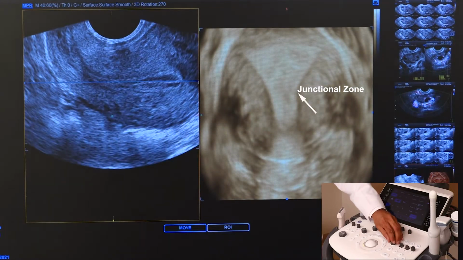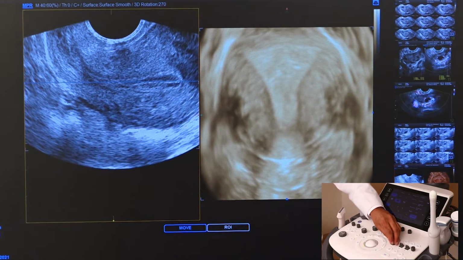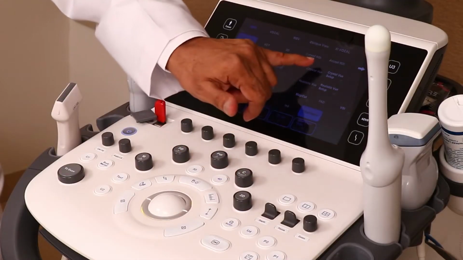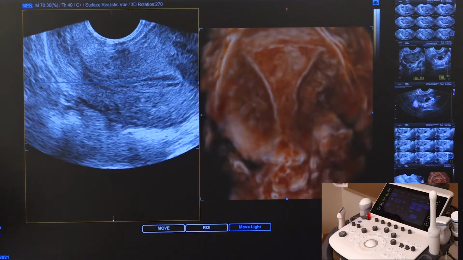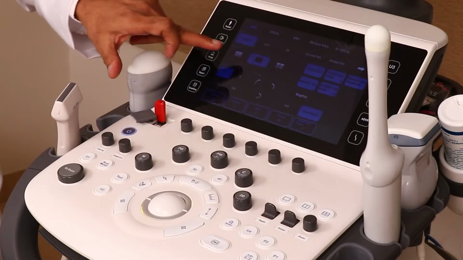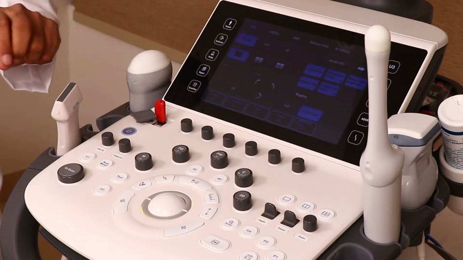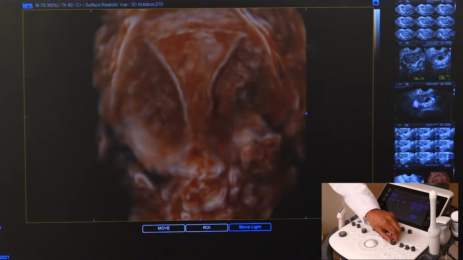Then another fascinating aspect Samsung has developed is the crystal view. In crystal view, you get a real different dimension of the image, and if I make it into a single image and show you the beauty of this,